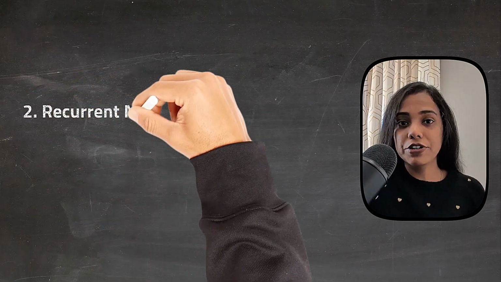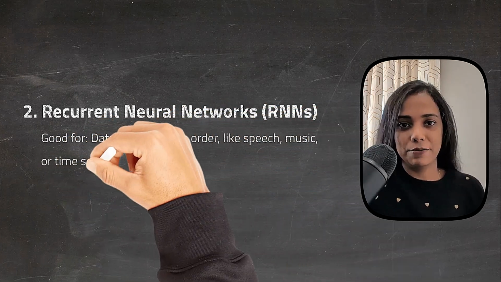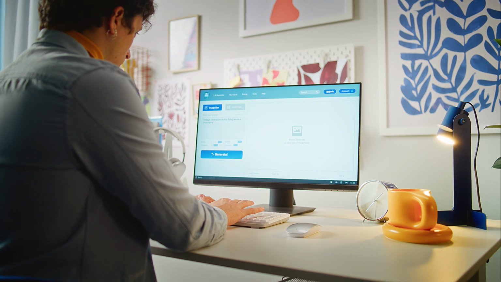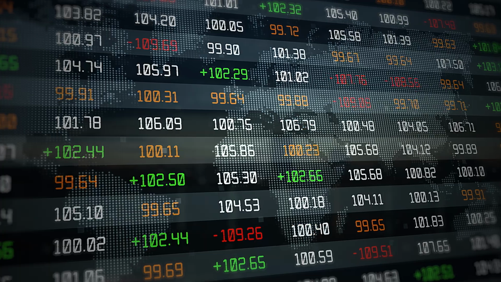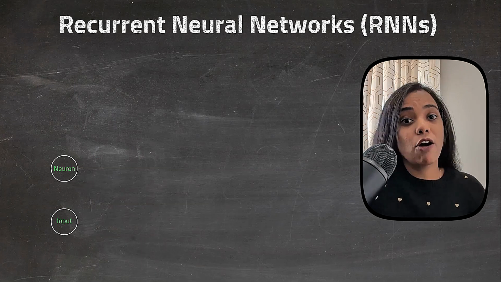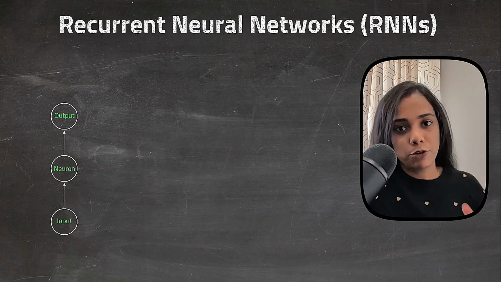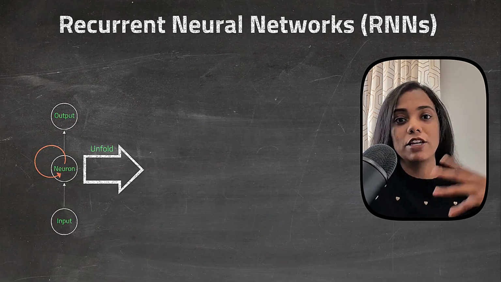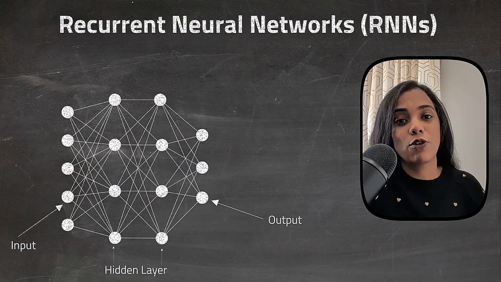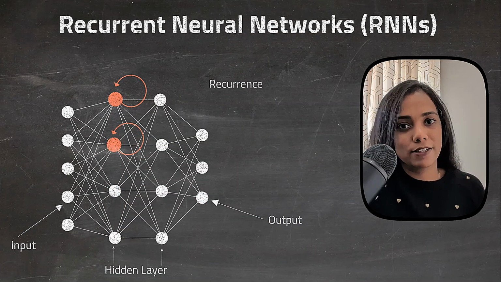The other type is recurrent neural networks. Recurrent neural networks are good with sequential data, like predicting the next word in a sentence or analyzing time series data, stock prices, for example. They have loops in the architecture of the network that allow them to keep track of what the previous input was. Using the information of what the previous values were, they are able to forecast or predict what the next value should be. This makes them well suited for sequences.